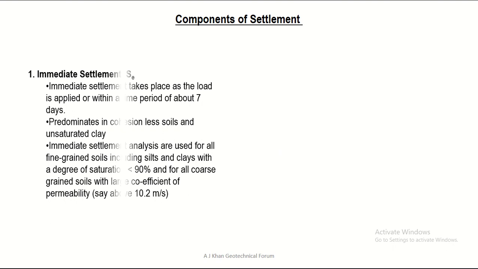On the basis of this understanding, আমরা সেটেলমেন্টের কম্পোনেন্টগুলোকে তিন ভাগে ভাগ করতে পারি। First of all হচ্ছে immediate settlement, which is denoted by S sub E, and quite obviously this is related to the elastic strain of the soil. So immediate settlement takes place as the load is applied almost instantaneously for some soil types, or within a time period of about say 7 days. So immediate settlementটা কিন্তু লোড অ্যাপ্লিকেশনের পরে খুব বেশি আর সময় নেয় না, as the name suggests as well, এবং